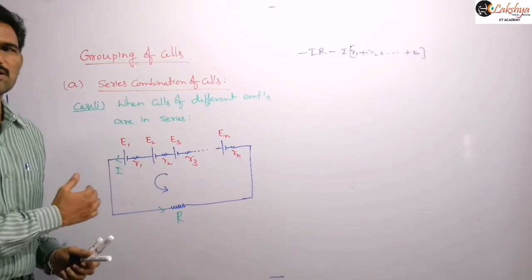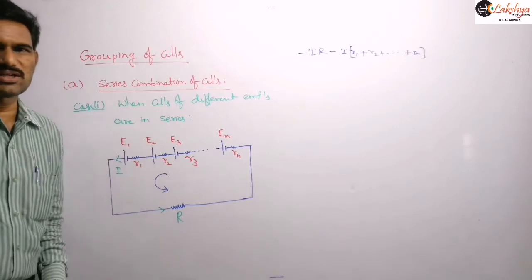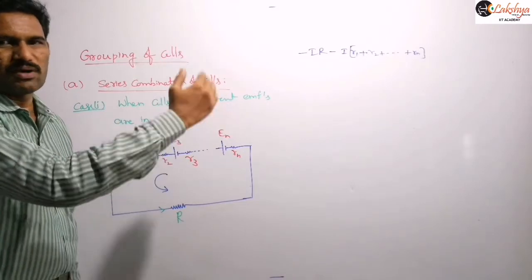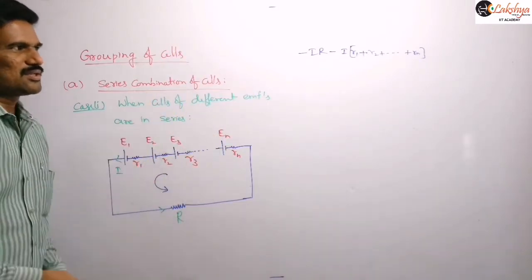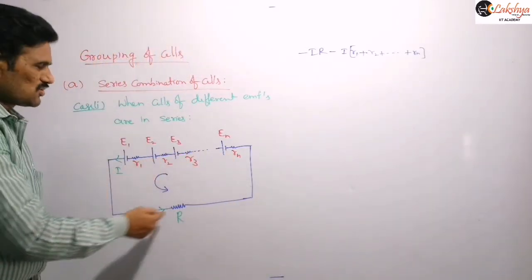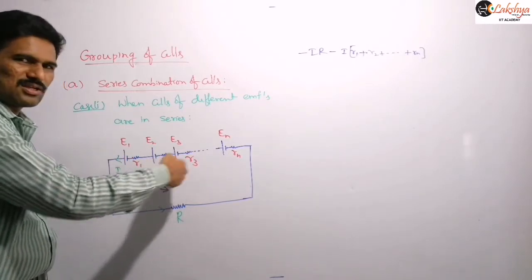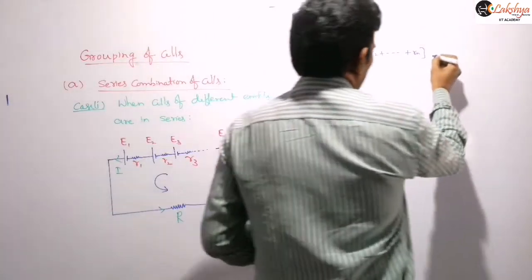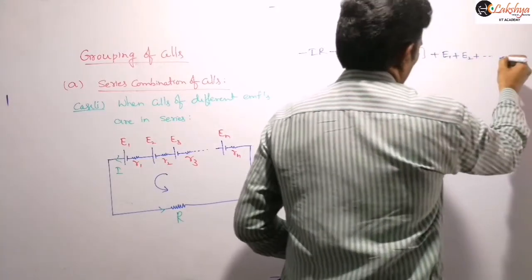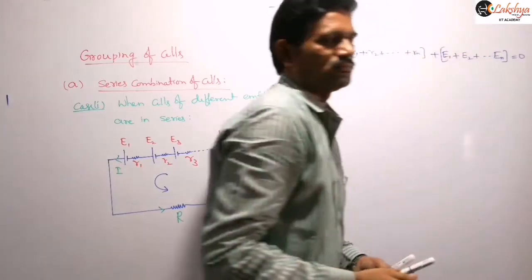So that negative sign I am taking common, and as the cells are connected in series, the resistors are also in series, and so the same amount of current is flowing through them. So for each term, like minus I R1 minus I R2 minus I R3, we need to write, so I am taking minus I common there. And next, when you are coming to the cells here, this is plus E1, and for this also plus E2 we are traveling in this direction, plus E3 and so on. So then plus, I am writing, E1 plus E2 plus and so on En, right? So then this value will be equal to 0.